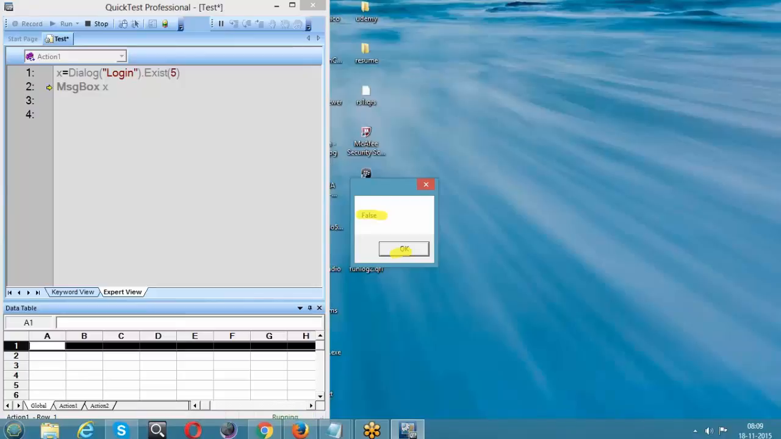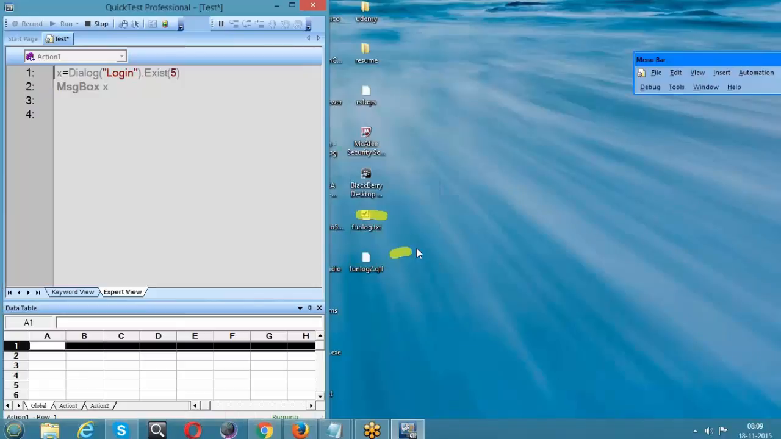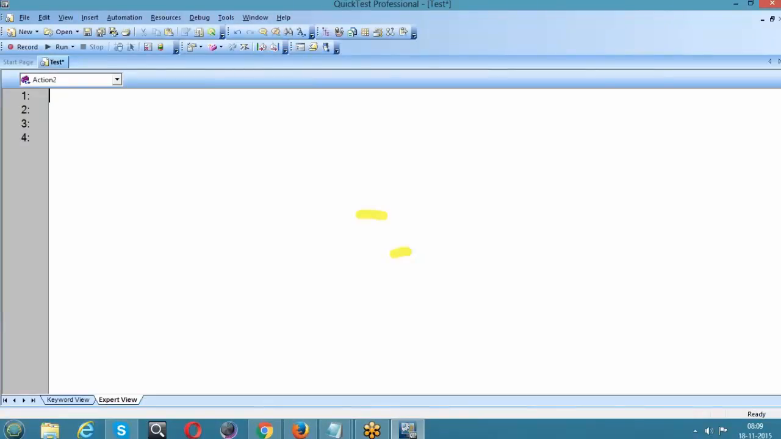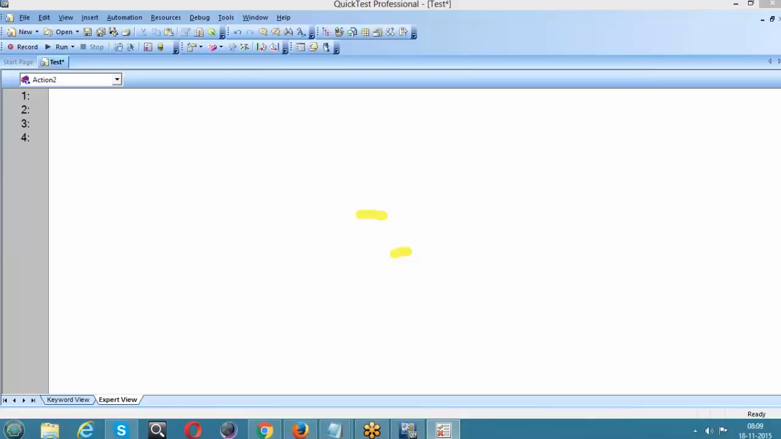Yes, Exist, a very important one, and even with time in seconds also. If it is not existing, directly it will not throw any error message. It waits for some time and then it will check and throw an error message. Clear? Now,